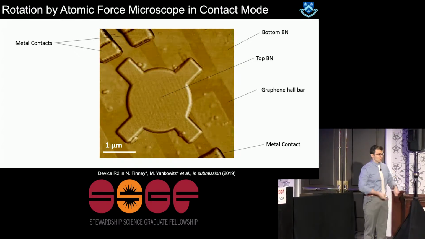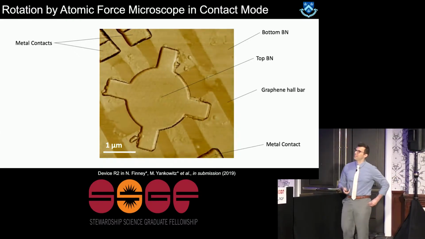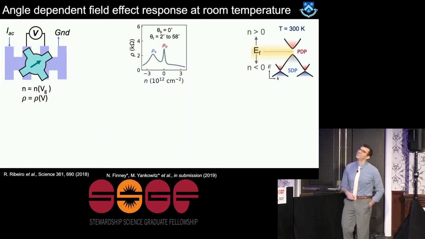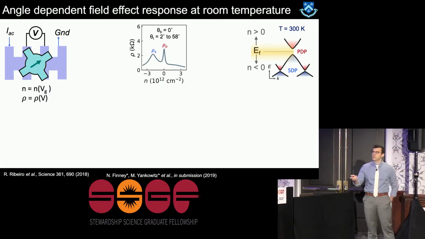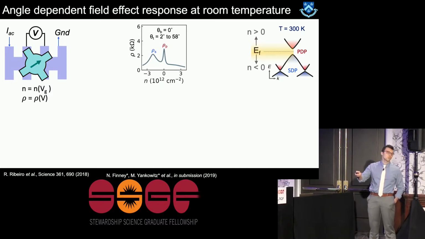They kind of expel the residues, which is a nice feature. OK, so if we have the top layer misaligned to the channel, we see our standard gate sweep signal, just what I showed you earlier. And just to remind you, when I sweep the gate, I'm changing the carrier density in the graphene, and really I'm sampling this energy versus momentum diagram by tuning the Fermi energy. And then the resistivity is just measured by a simple Ohm's law relation, measuring a voltage drop in the